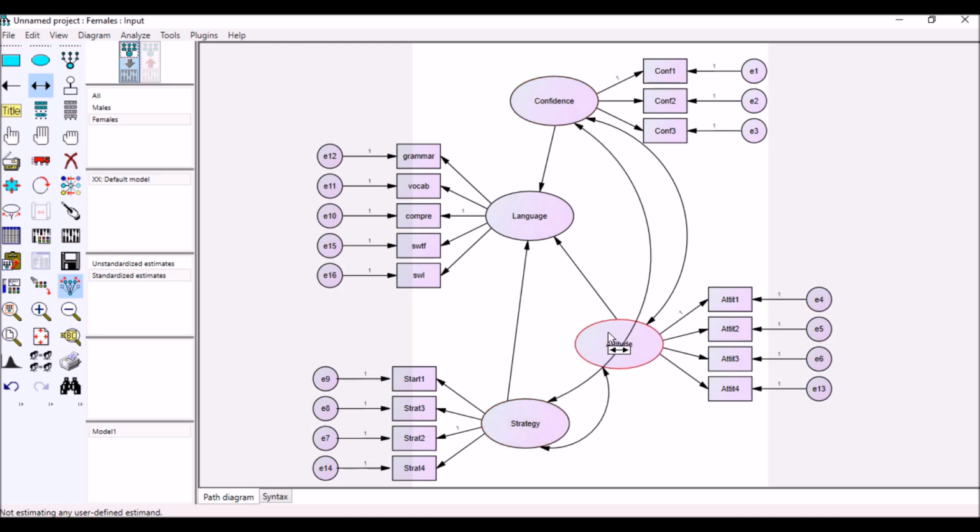Okay, since I have 3 exogenous variables, and exogenous variables are those variables that affect or exert an influence on another variable, which are similar to independent variables. So I have 3 exogenous variables and 1 endogenous variable, which is similar to dependent variables. I need to draw a unique variable associated with language, which is my endogenous variable, and that unique variable is